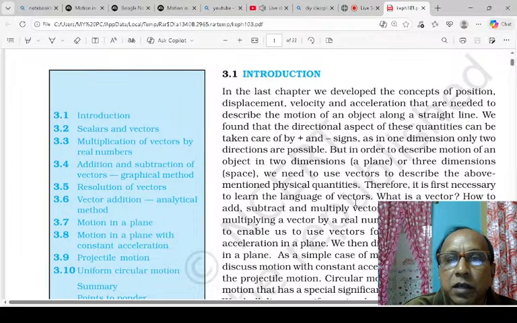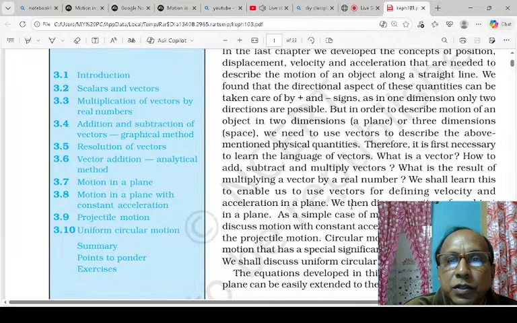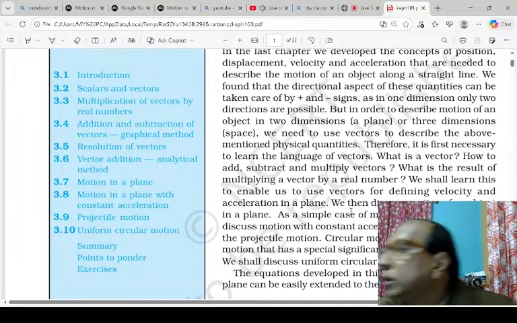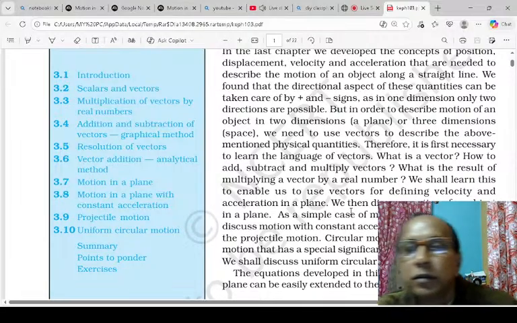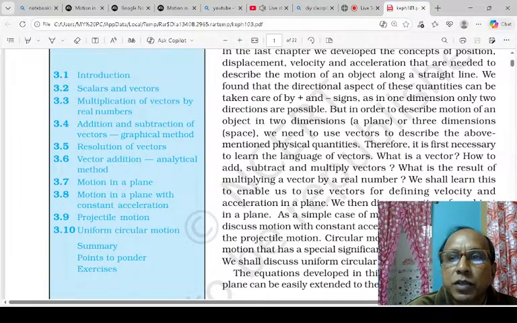What is a vector? How to add, subtract and multiply vectors? What is the result of multiplying a vector by a real number? We shall learn this to enable us to use vectors for defining velocity and acceleration in a plane. We then discuss motion of an object in a plane. As a simple case of motion in a plane, we shall discuss motion with constant acceleration and teach in detail